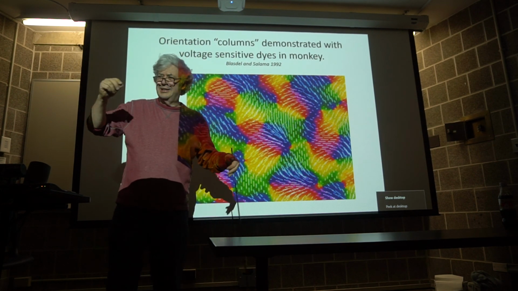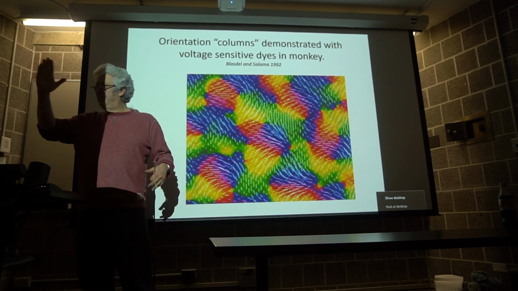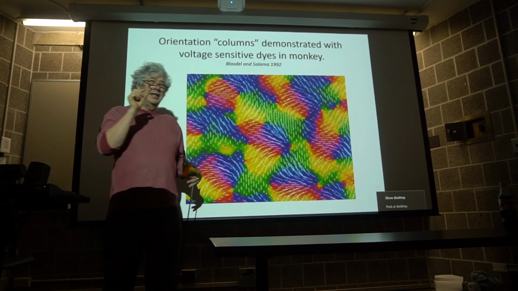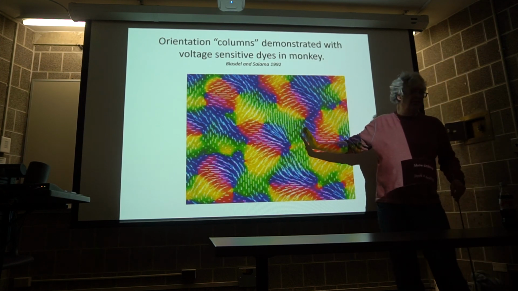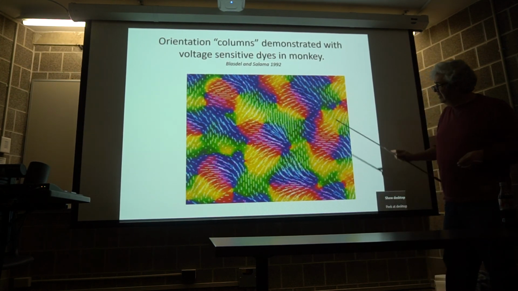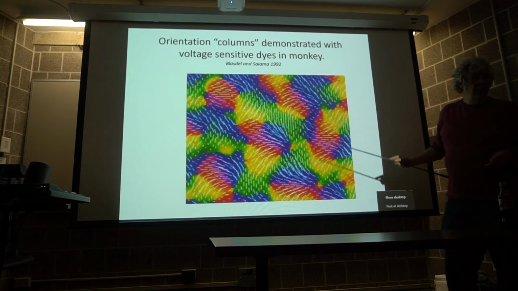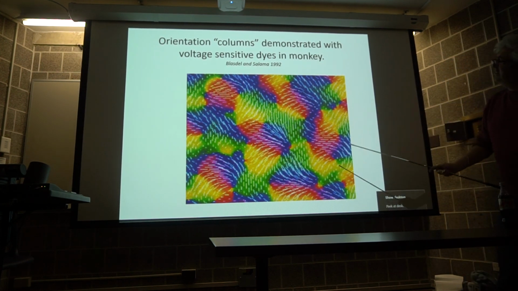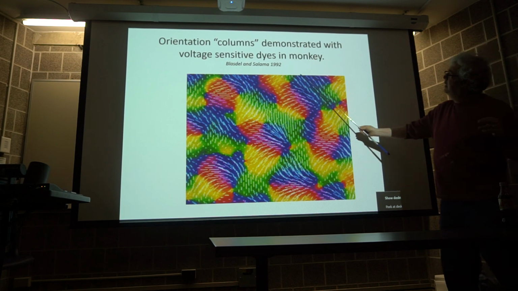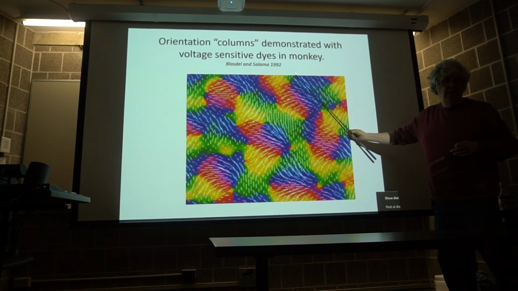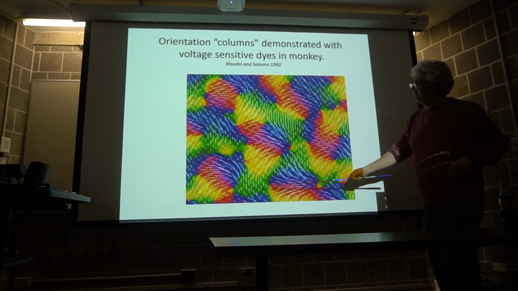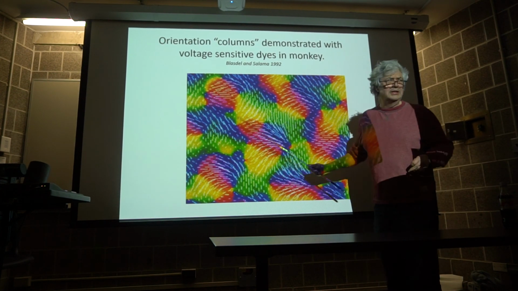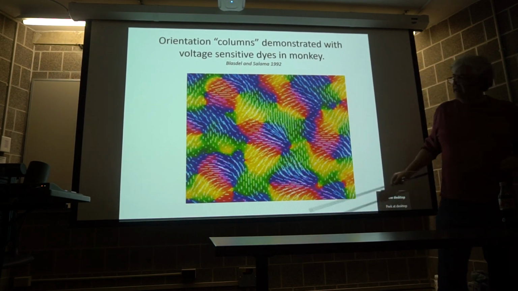This is just fantastic stuff. They put line orientations in front of the animal, and they examined which areas of the cortex lit up. Now this is false color. This isn't what it really looks like. But do you see these little dashes on here? Those are the orientation of the line segment. So look at this blue area and see how the dashes are going like this. When they exposed the animal to bars of light at this orientation, it turned on all these blue areas of the cortex. Now each of these contains hundreds or thousands of cells. In other words, cells respond